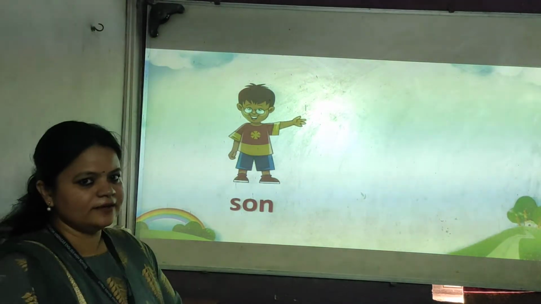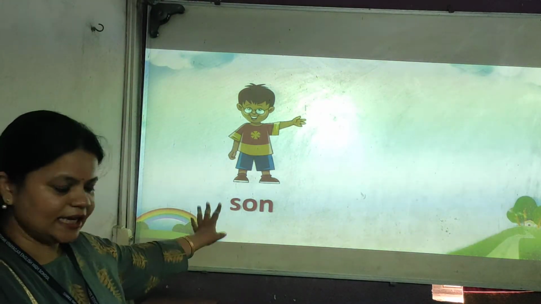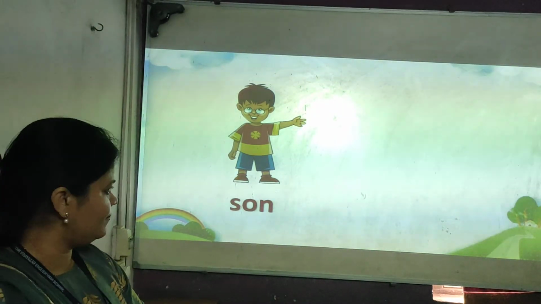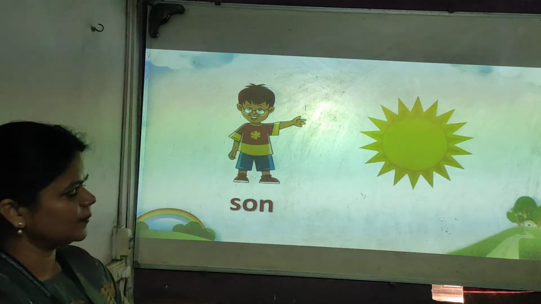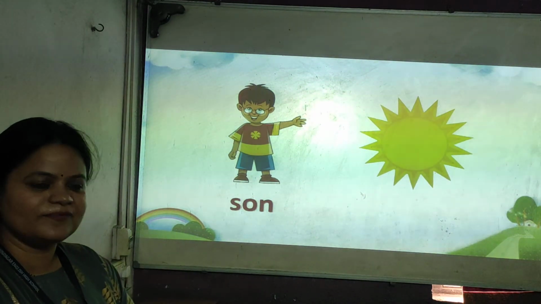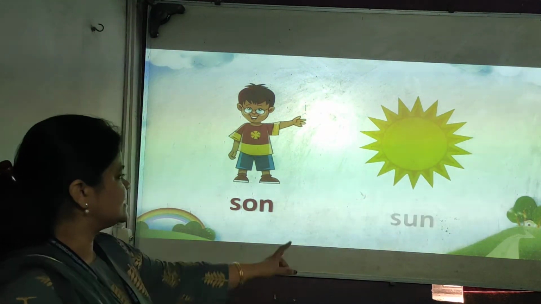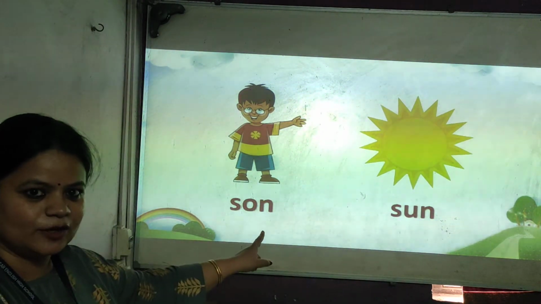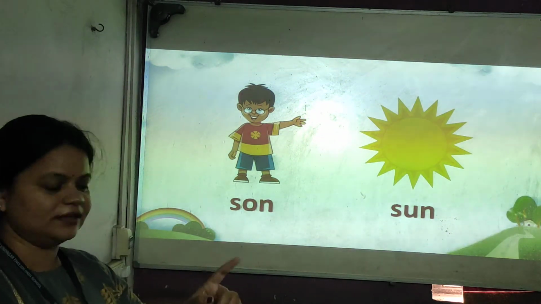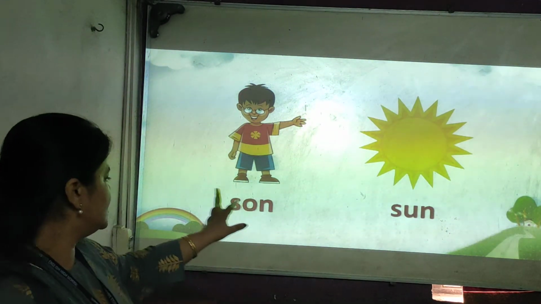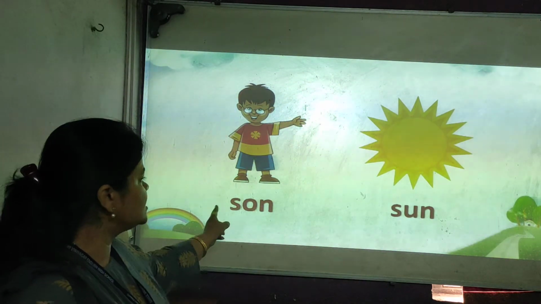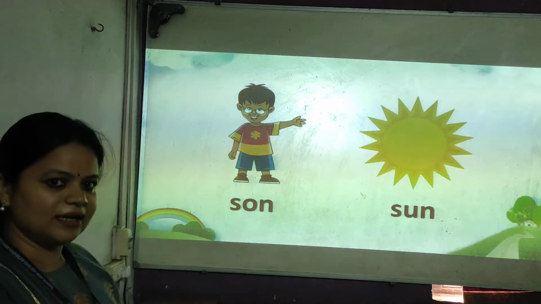So what do you see here? Sun. Yes? So similar, what will come? Guess any idea? I will show a picture to you. So which picture do you see here? Yes, correct. Son. So this sun and that son is different. Yes or no? Different. When you read the words sun and son, the sounds are the same, but the spellings and their meanings are different. We'll see the next one.